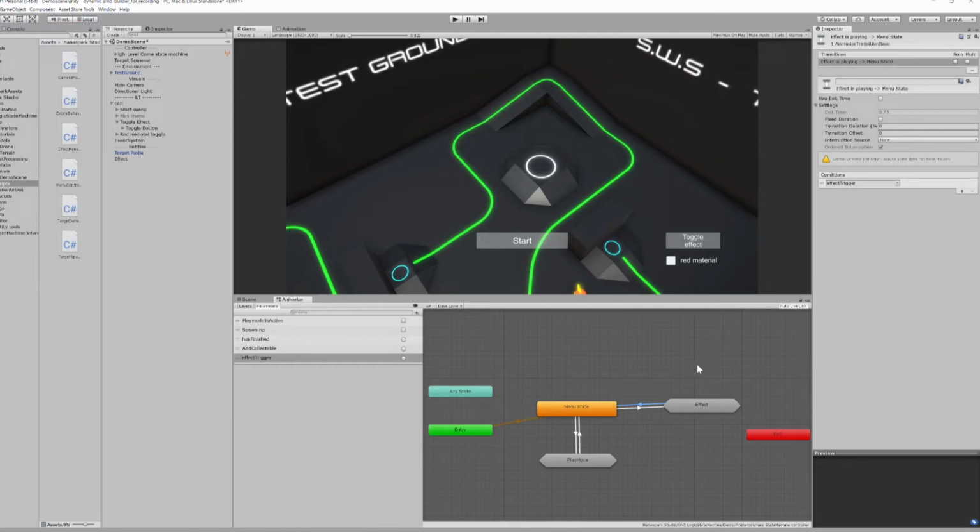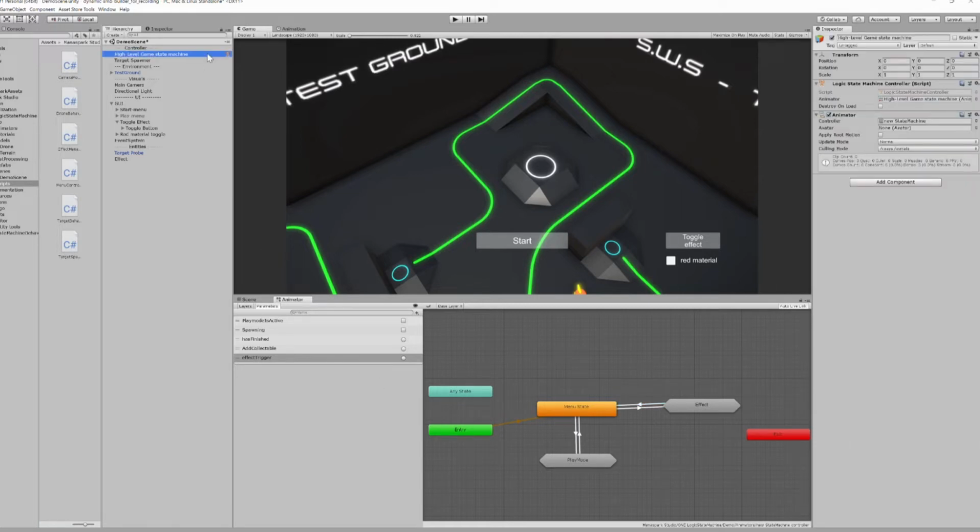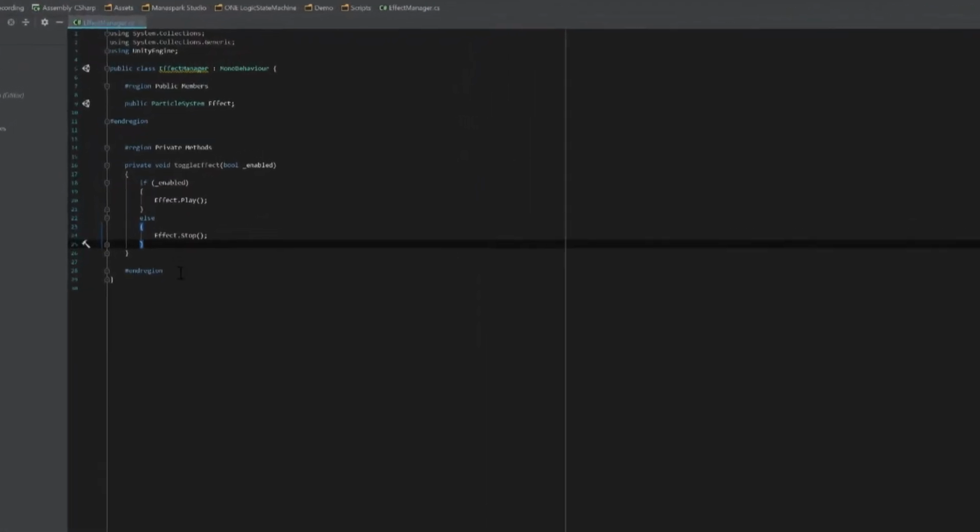So what we have to do next is creating a function we reference to the toggle effect button, so we can go from menu state to the effect state. We will create this function inside our effect manager, so we can put it on the toggle effect button, and this function has to set the effect trigger. There is already a built-in class for this behavior inside the logic StateMachine controller component, and so we can say in the effect manager in a new